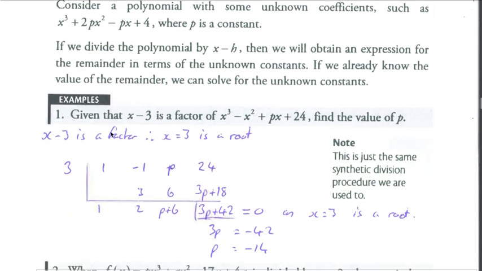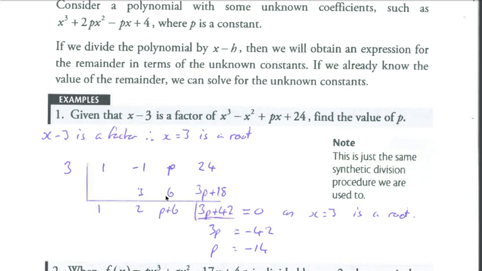So example number 1 here, given that x minus 3 is a factor. Now remember, if x minus 3 is a factor, then x equals 3 is a root. So we can use synthetic division with 3, and we are going to get a remainder of 0 if x equals 3 is a root. So I'm just going to set up my synthetic division table as normal. So 1, minus 1, we have plus px here, so it'll be p there, and then plus 24. So bring the number down, multiply it by the front, put it in there, add them together, to get 2,